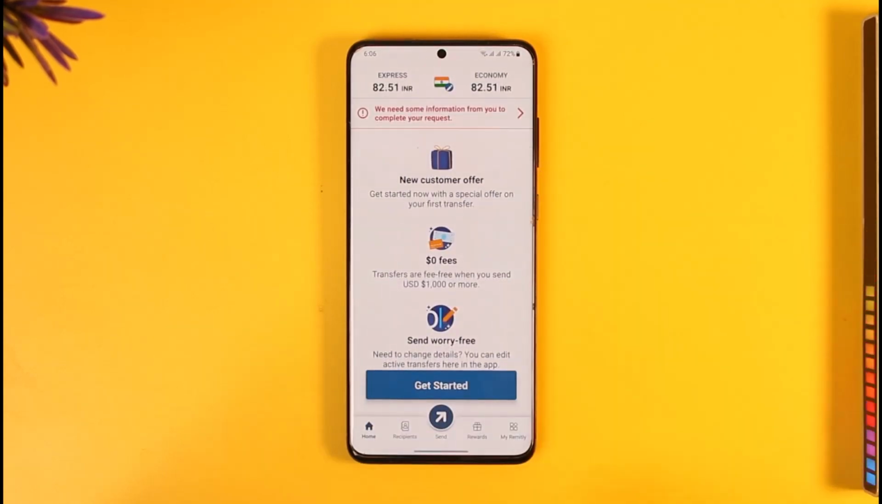Now, let's say that there is any sort of history that you've made in the past and now you'd like to delete them. Can you delete them? Well, unfortunately, the answer is no. Remitly does not let you delete your transfer history, and not only Remitly, any of the other sort of payment applications will also never let you delete your transaction history, so that later on if you have any sort of